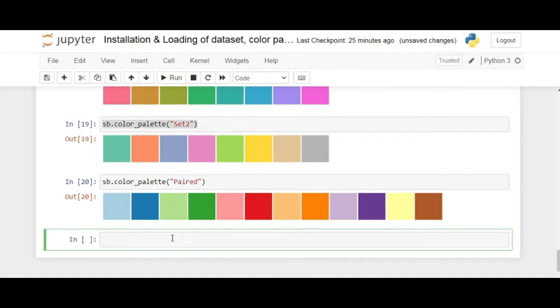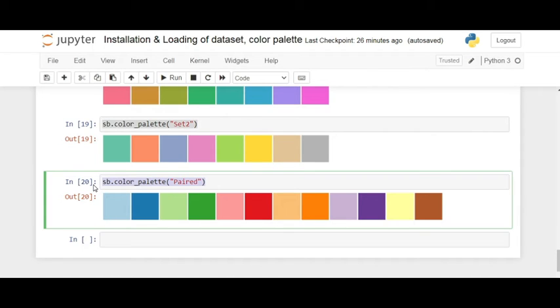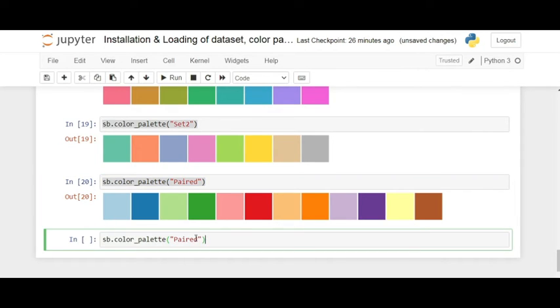Now we'll go for the sequential color palettes. This is the second major class of color palette, called sequential. This kind of mapping is appropriate when the data range from relatively low or uninteresting values to relatively high or interesting values. So we can say low to high. You can go with the priorities for this one. So for that, I will use the same command here, paste it, and write it here.